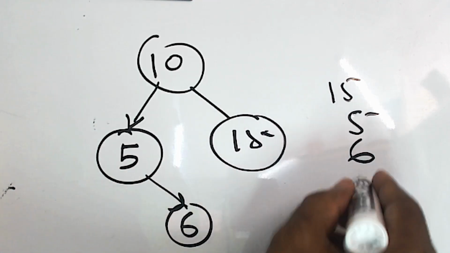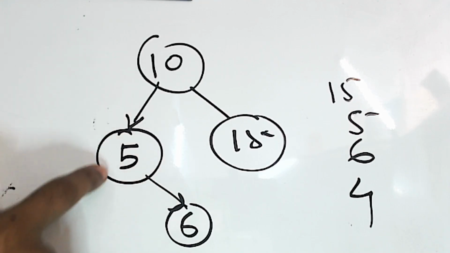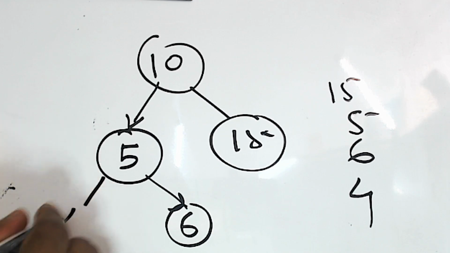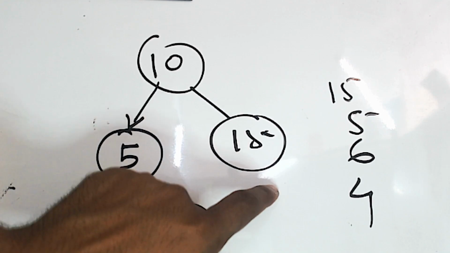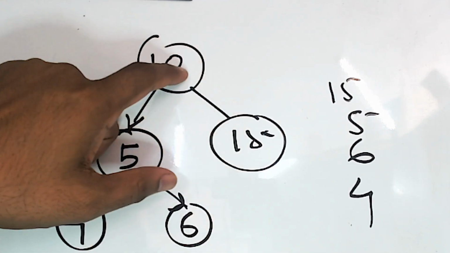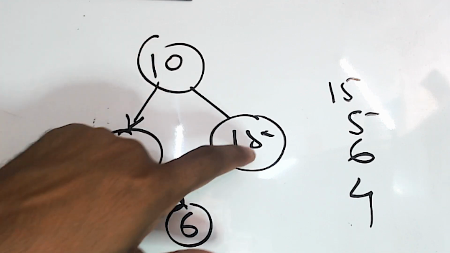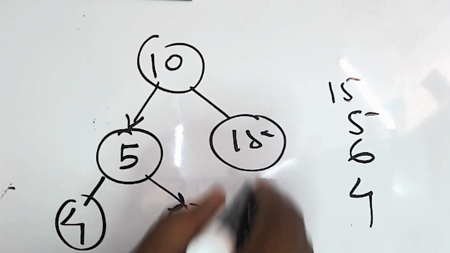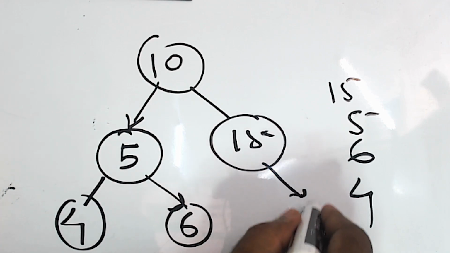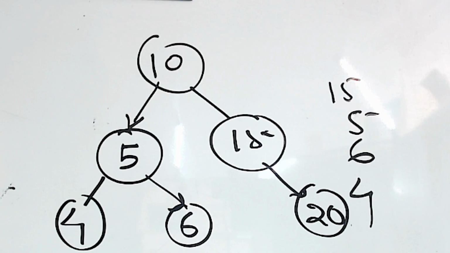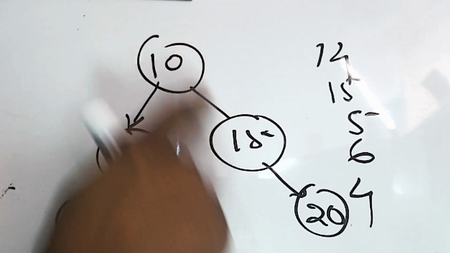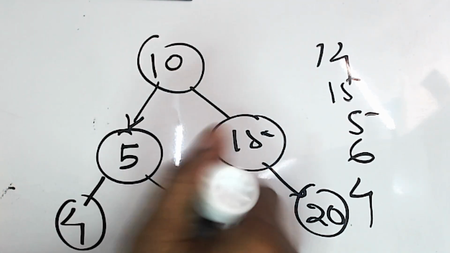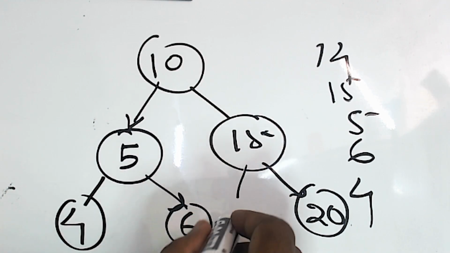Same way, if we insert 4, it will go to the left, then it will go to the left of 5. On this side, if we try to insert maybe 20, so 20 is larger than 10, then 20 is larger than 15, so it will go to the right of 15. If we try to insert maybe 14, then 14 is larger than 10, then 14 is smaller than 15, so it will go to the left of 15,